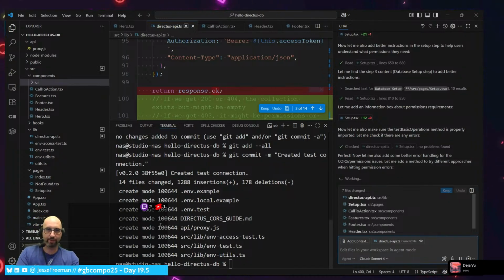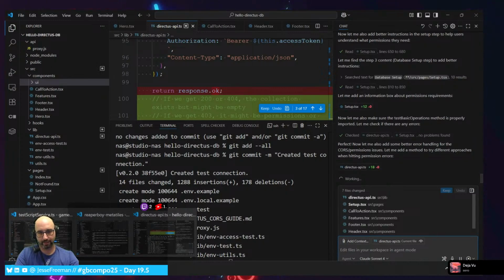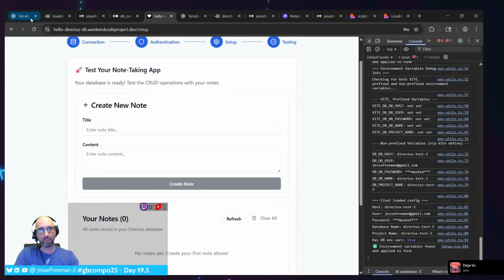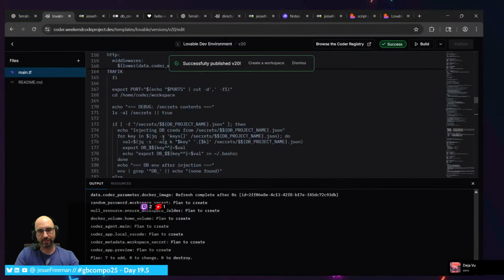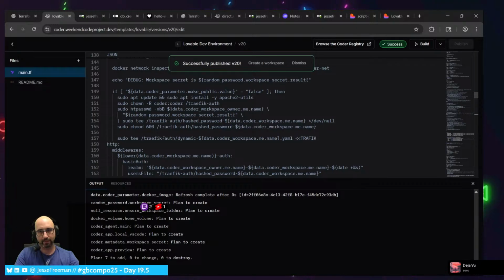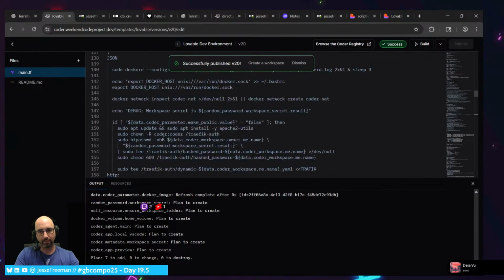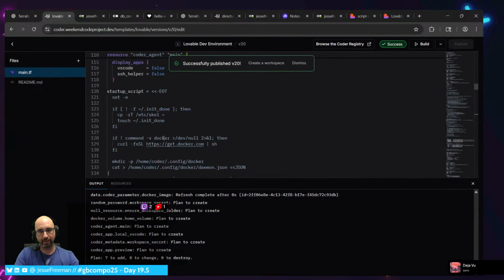Which is a good reminder that I needed to do. I want this template to add into the JSON.